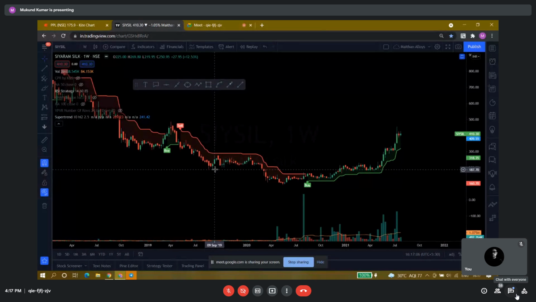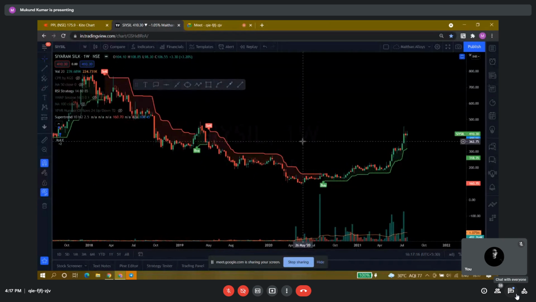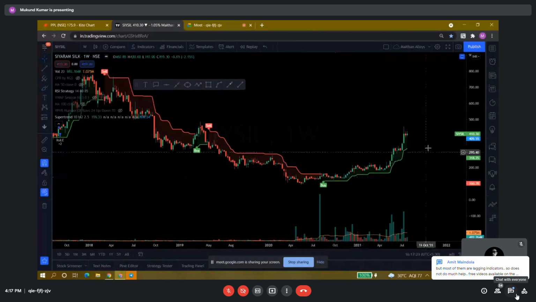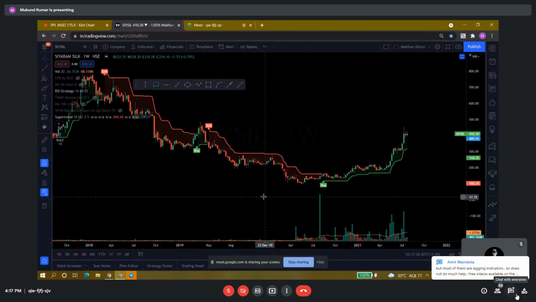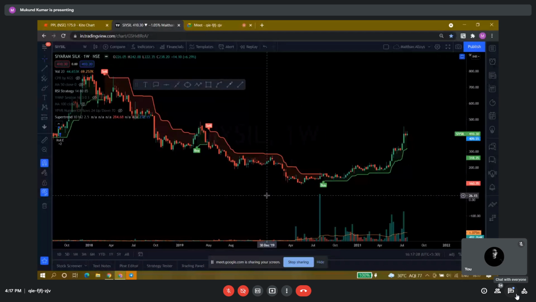Any other query related to Supertrend and this Supertrend trailing stop loss concept? I'm ready to answer. So for just trailing stop loss, we are not concerned with the red line at all, right? We are just concerned with the green line alone. Yes, because we are not shorting any stock. We are simply buying a stock. We are not shorting a stock. Oh, okay, so the red line is for when we will short. Yes, when we will short a stock, we will follow this.